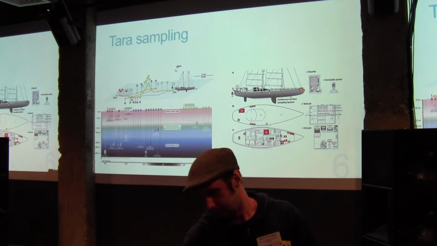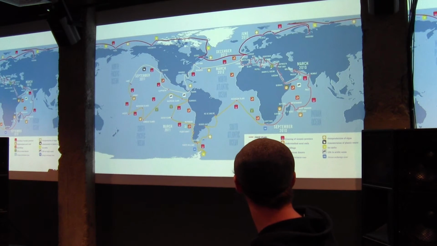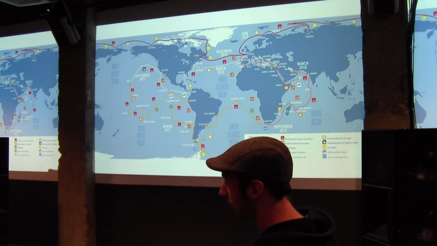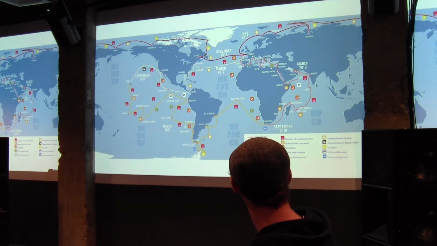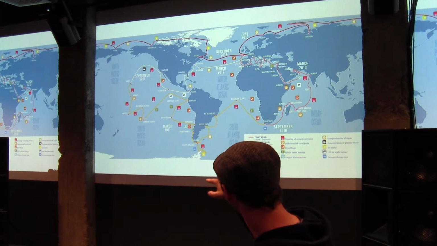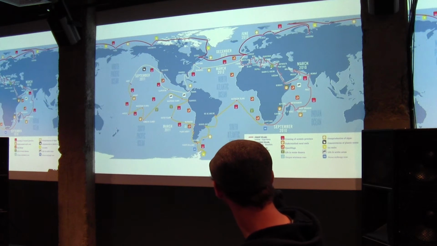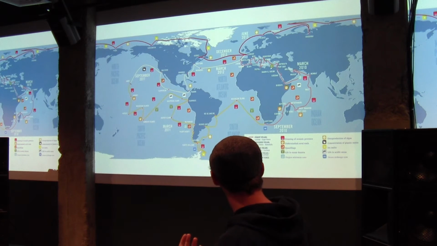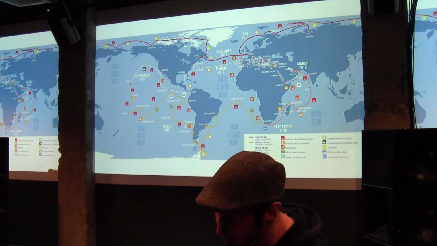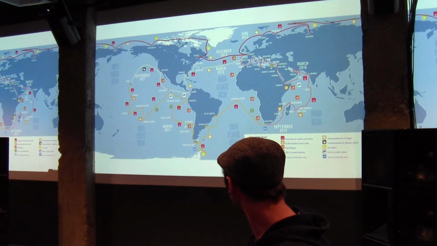Here you can see the map until the year 2013, where they were sailing around. So you can see they have a huge coverage already. They have a current sailing trip around the Pacific Ocean, around Japan, in the areas around the Pacific. So they are constantly still collecting a lot of data, and they want to map the diversity of the ocean. They're interested in what is there that we might not know.